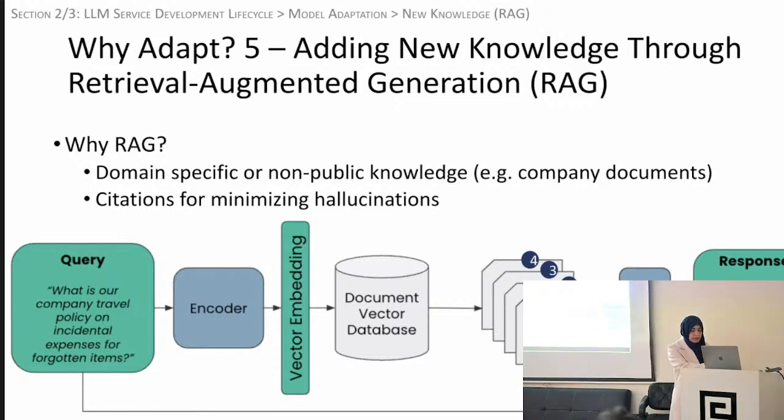The place where the whole RAG process starts is here at the vector database. So you've got your documents. Say these are your company documents, so your HR policies, for example. You chunk them, you create chunks, and then you embed those chunks into vectors, which are just numerical representations. And you put all of those in a database. So this database is now populated with numerical representations of your company data.